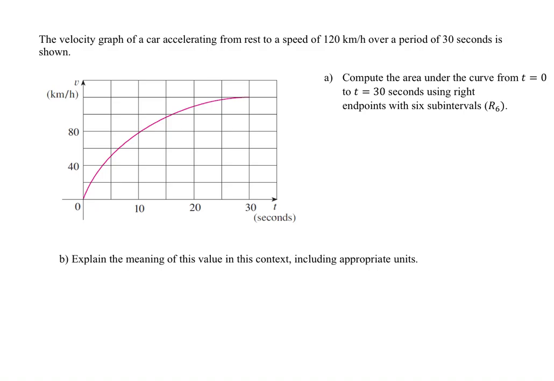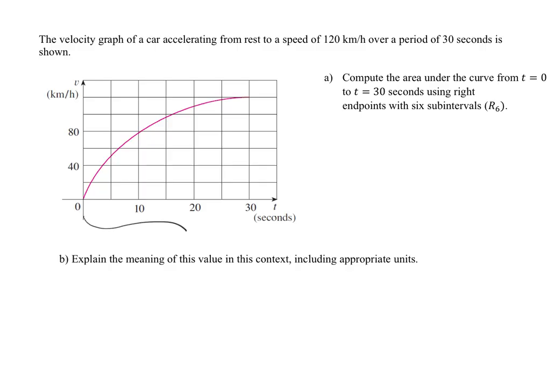The velocity graph of a car accelerating from rest to a speed of 120 kilometers per hour over a period of 30 seconds is shown in the graph below. Part A asks us to compute the area under this curve from 0 to 30 seconds using right endpoints with 6 subintervals. So if we take a look at our graph, we can see our x-axis, or in this case, our t-axis,